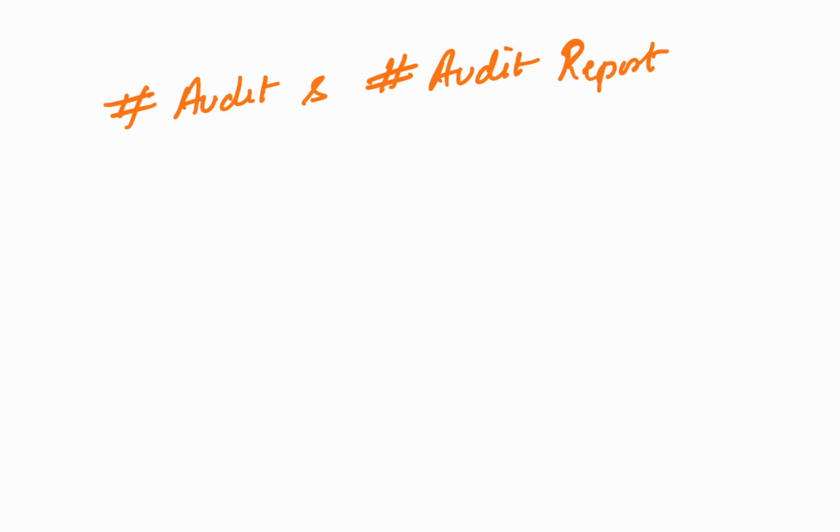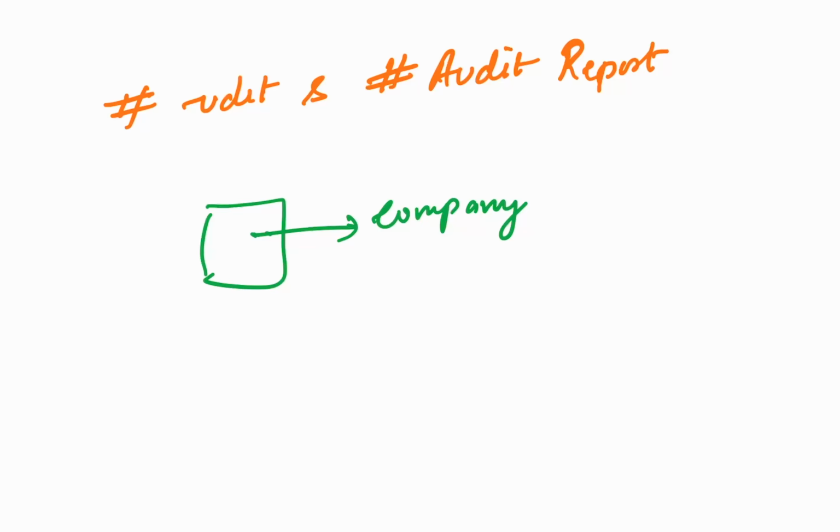Now, in the first phase which we have discussed, all the information was given by the company's management. Clear? But an audit is done by someone outside the organization, it's like a second opinion. Just like you ask a doctor to double check your medical report. So in the same way, a company prepares its financial statements like profit and loss, balance sheet, cash flows, but before it goes public, or goes to the investors who are going to trust these numbers, we need a qualified outsider to verify if these numbers are true and fair.